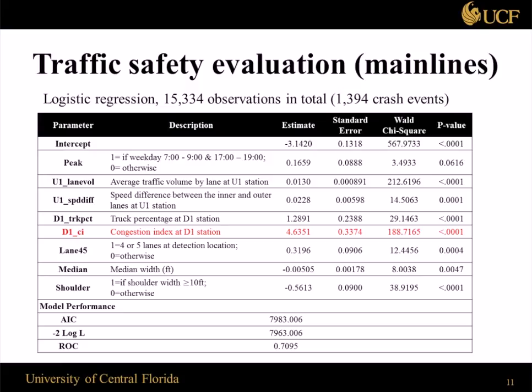So, for example, when the congestion index at the downstream station increases, the crash risk increases a lot. Because when the downstream has congestion, a vehicle needs to decelerate. And if a vehicle decelerates and the following vehicle doesn't decelerate in time, then a rear-end crash